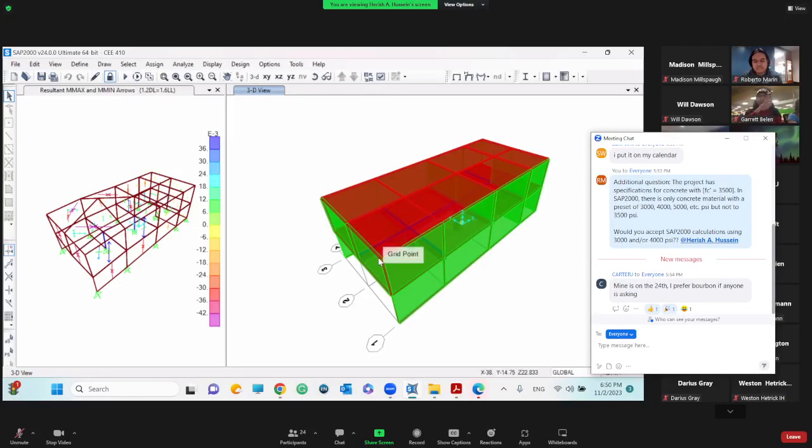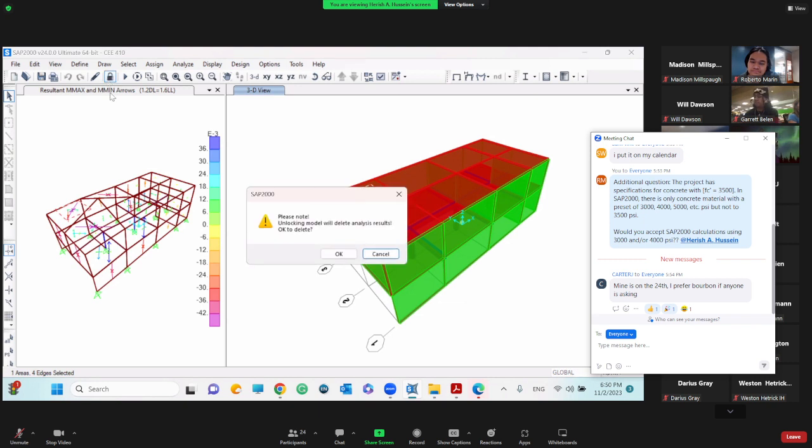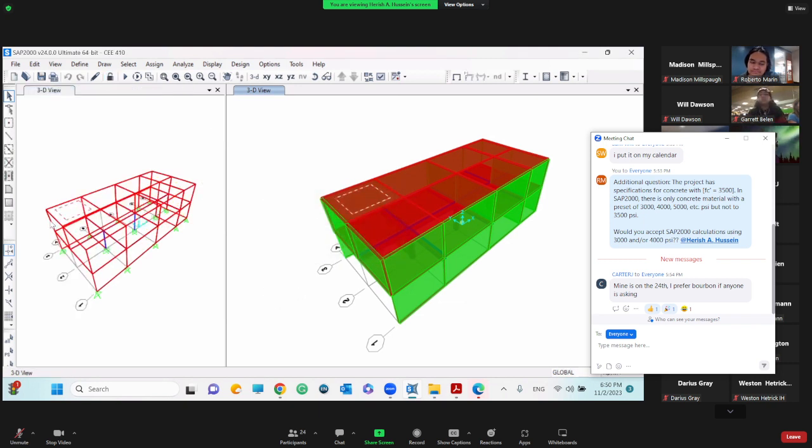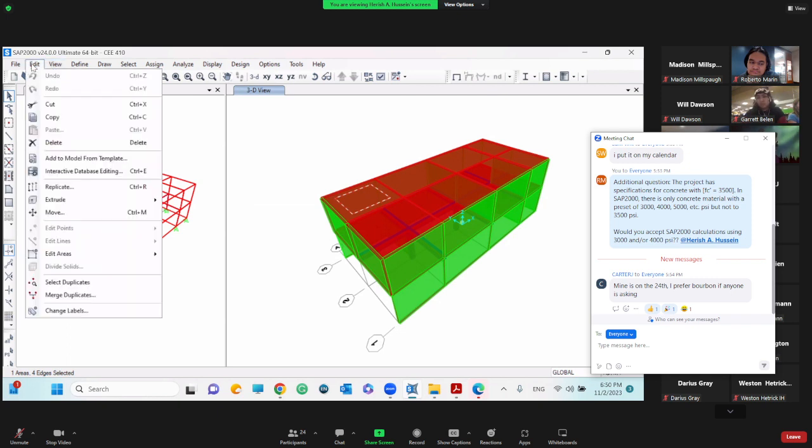This is analyzed based on matrix, and the more smaller units you have, the better it is. For example, this, if I unlock it, so this section, for example, we go to edit,